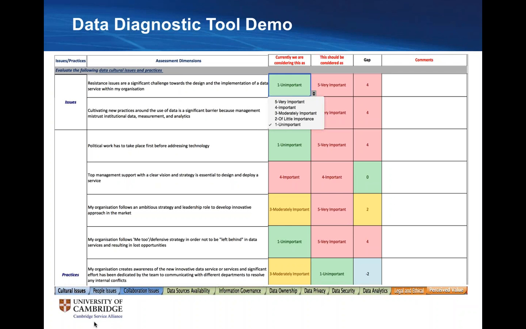It's just an assessment way. So you can see in the bottom bar all the issues that these organizations face. It came from the data diagnostic framework I just presented, which lists all the issues and practices raised by these case studies to overcome, and also the barriers that they face. And the way it is structured, there is a box on the top, which is about the issues, and the second part of the first column is about the practices.